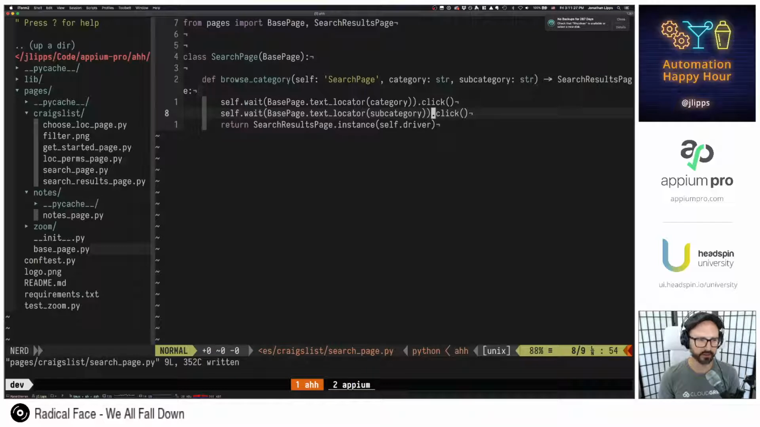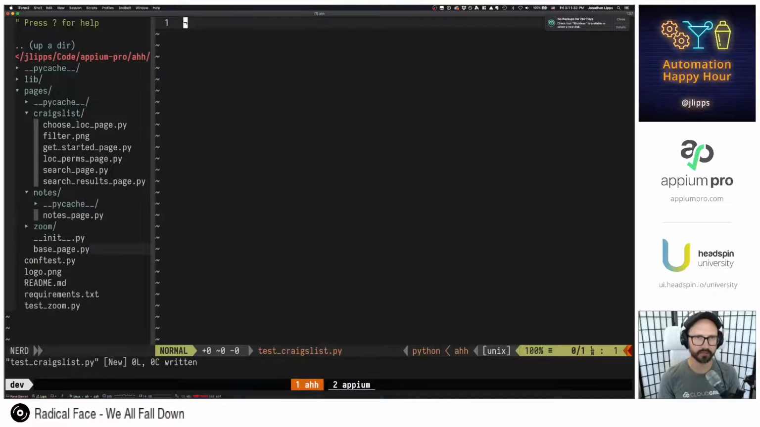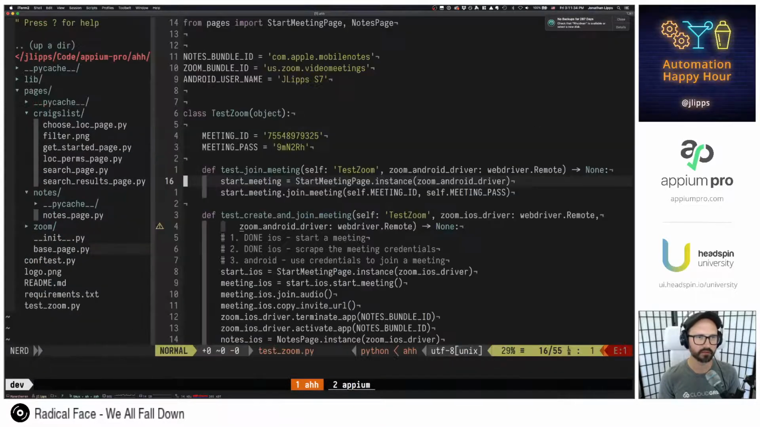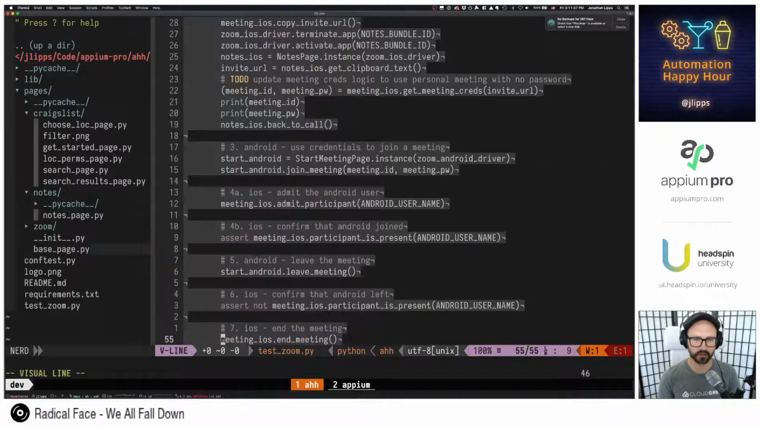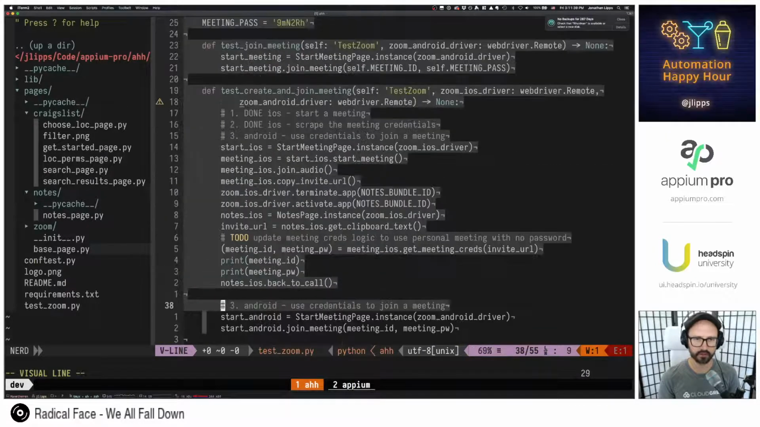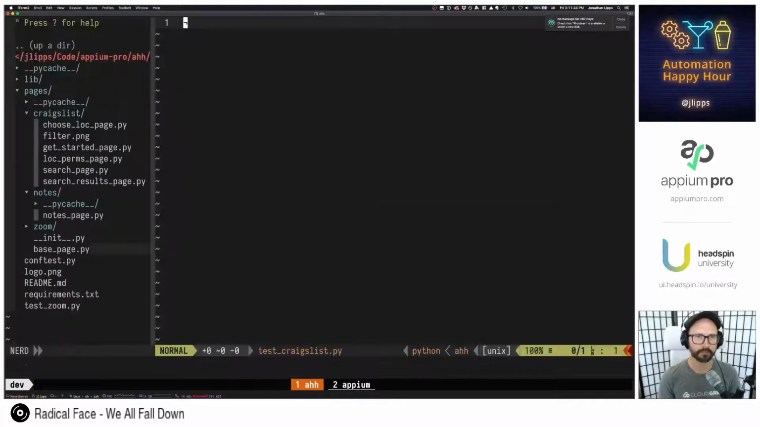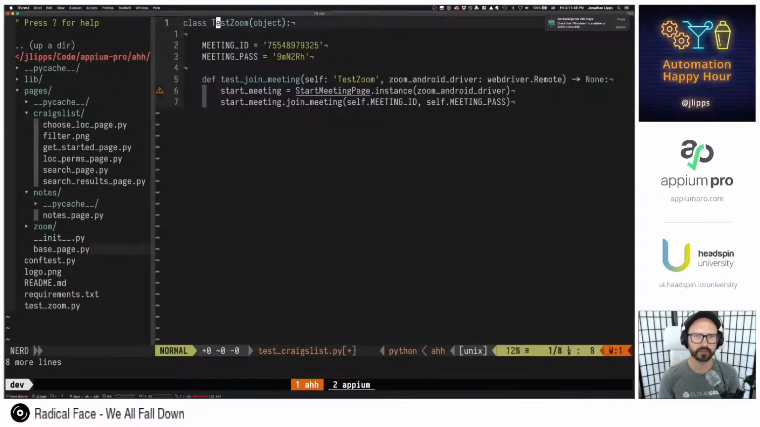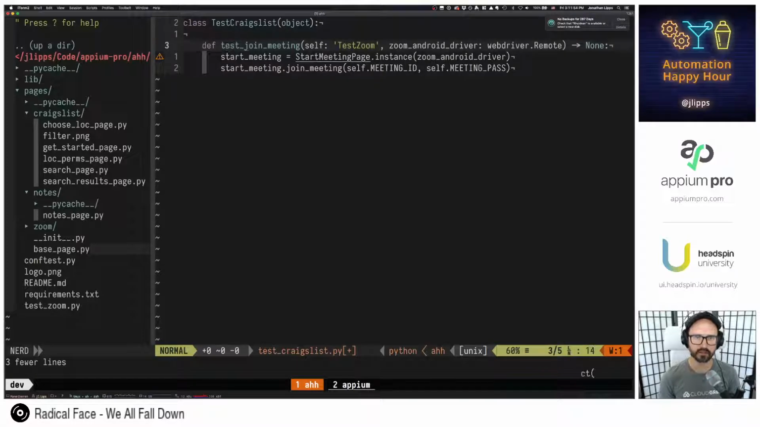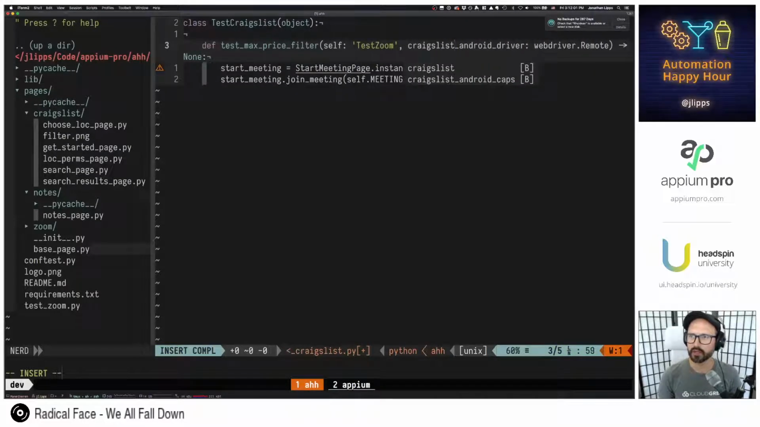Okay, so now let's create ourselves a test. Test Craigslist.py, and we'll model it off of test zoom. Oh my goodness. I'm just gonna copy one test method for now. And this is called test Craigslist. And this is gonna be test max price filter. And we're gonna want a Craigslist Android driver,